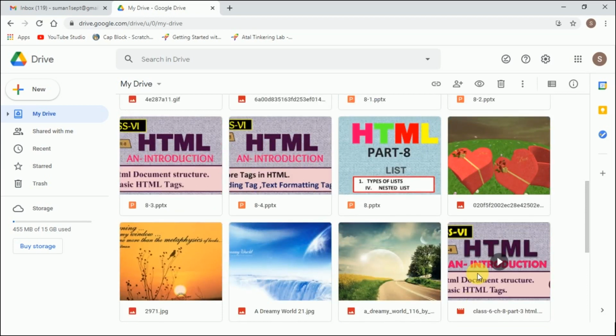So students, today we learned 8 topics to work with Google Drive. First one was creating a new folder, moving files to a folder, searching a file or folder, then deleting files, restoring files or folders and viewing the files, duplicating a file and renaming a file. So students, you try all these topics practically. It will make you more comfortable working with Google Drive. It is very important and easy also.